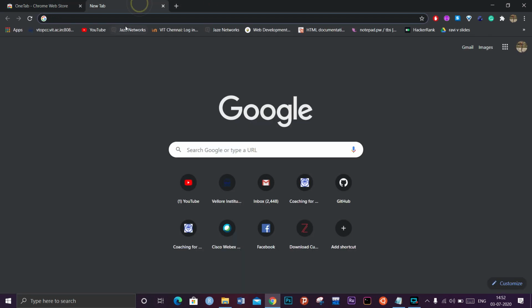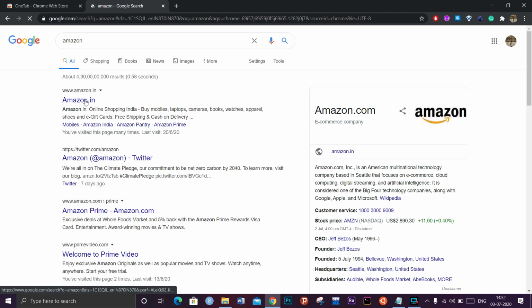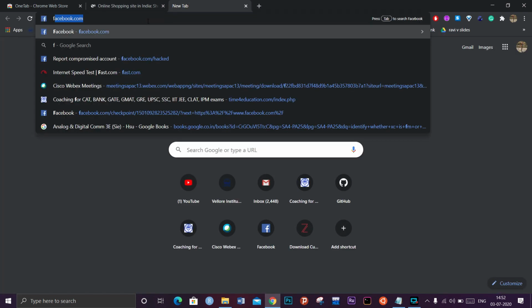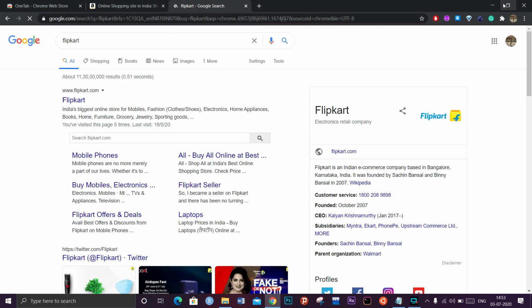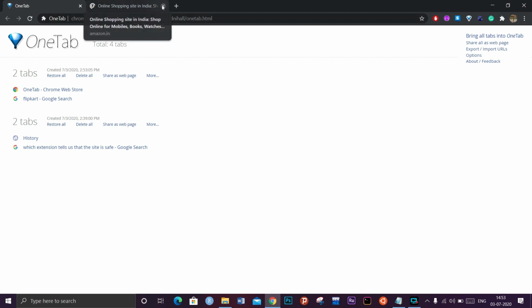Like if I open Amazon here, and I open Flipkart, another one, and then I hit on OneTab, all my tabs are reduced to one tab. Now I can click on any one, like Flipkart or Amazon. This is quite beneficial as it will help you to increase the speed while working on Chrome. So this is for OneTab.